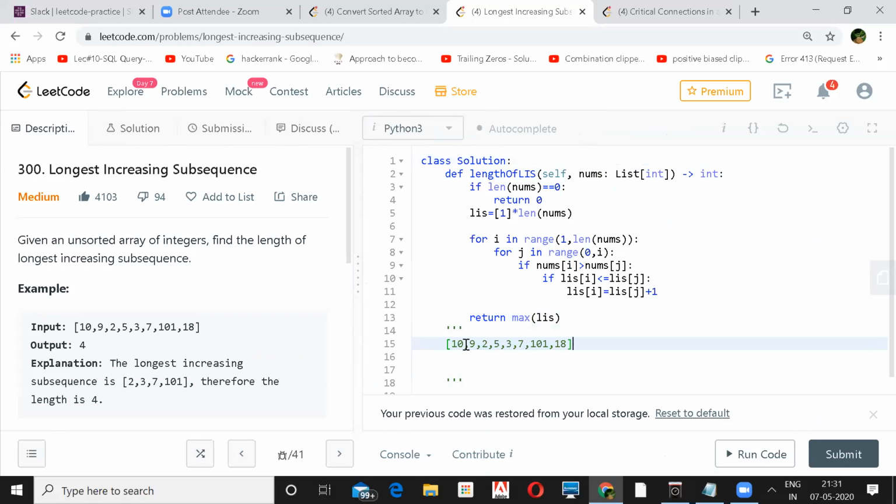So what I'll do is, let's say first I'll look at 10. At this stage, every element in itself is an increasing sequence. If you take 10 alone, 9 alone, all of them are increasing sequences in themselves. So if it is a single number, it is increasing. Yeah, exactly. Now when you go to the 9, you check whether your 9 is greater than 10.